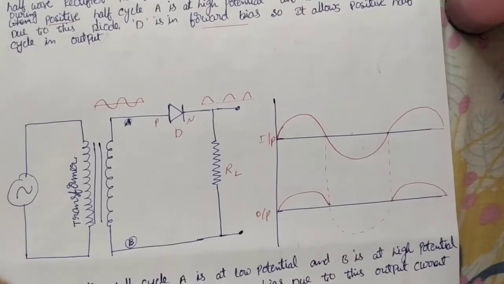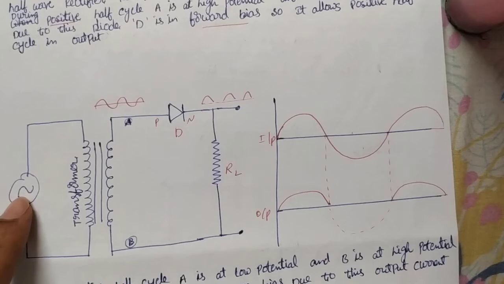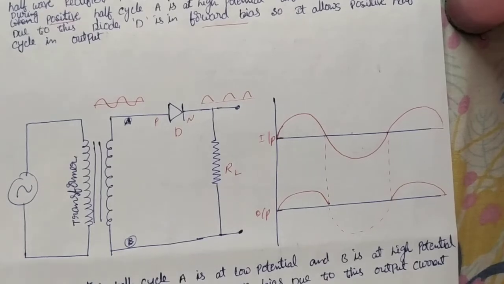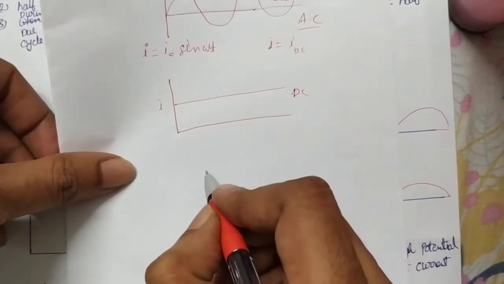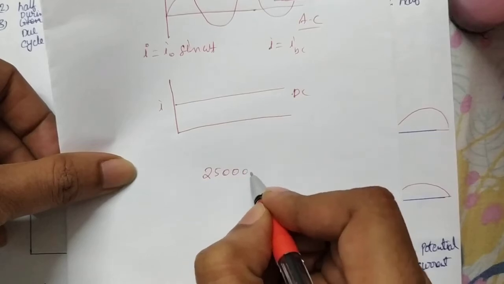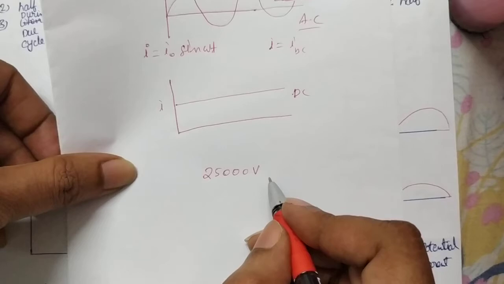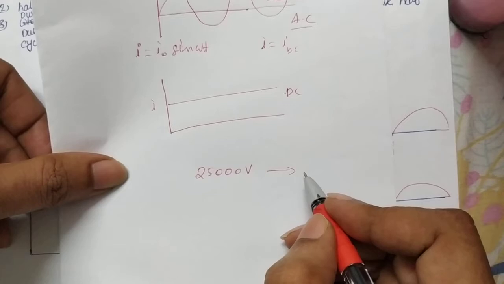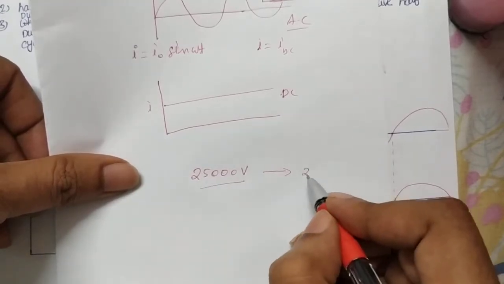First we'll see the construction of the half-wave rectifier. Generally, to convert AC into DC, there is an AC power supply, and using a transformer they step down the voltage. What does step down mean? At the powerhouse, generally they generate 25,000 volts, and to get minimum loss in power they use high potential. When it is transferred to households, there is a transformer near the house that steps down this voltage to 220 volts.